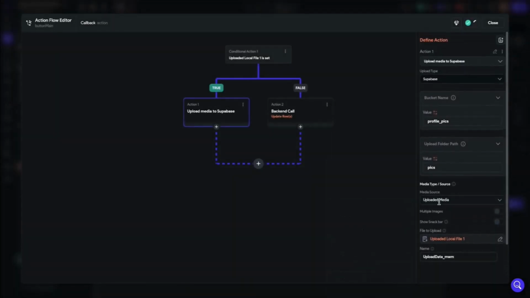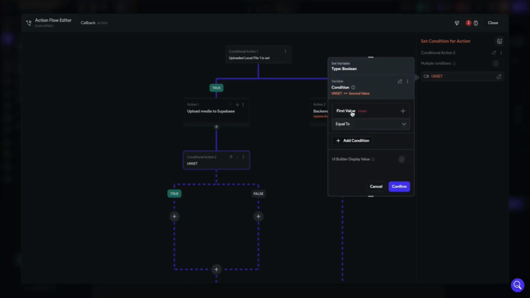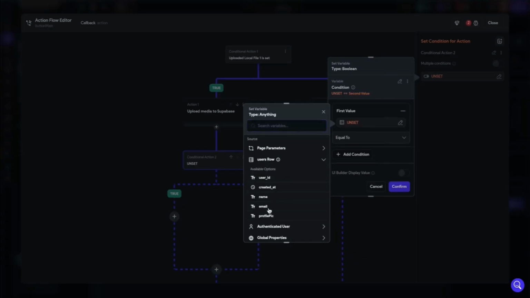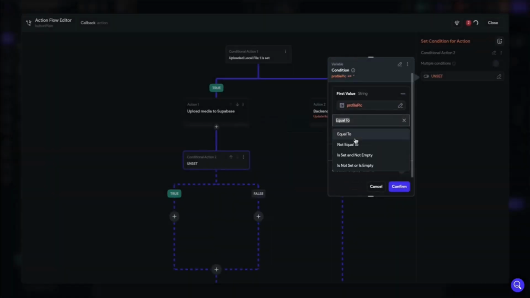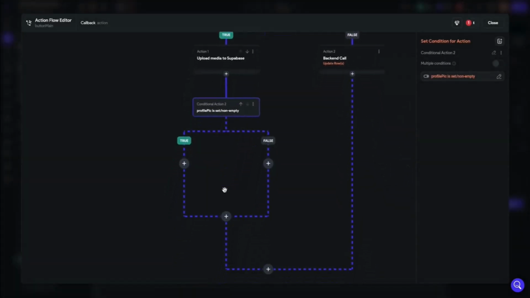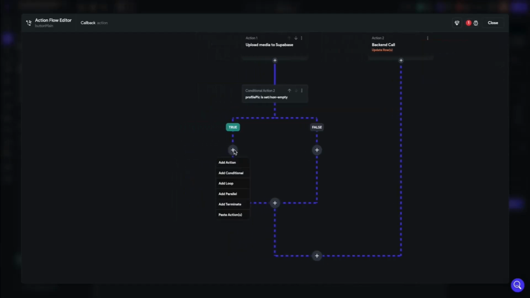Confirm, and that's great. That should save the picture to Supabase. So next part is the condition, checking if there's already a saved picture or not. So it's a single condition, and we go and check in the user row if a profile picture is set and not empty. Confirm, and if it is set, if there is already one, we need to go and delete it. So add an action,